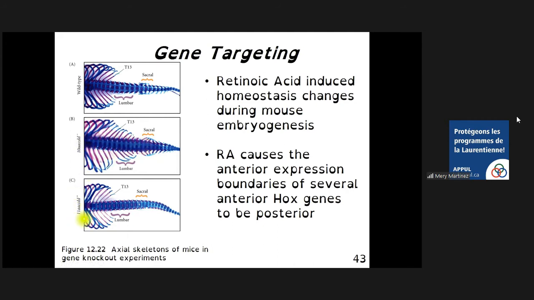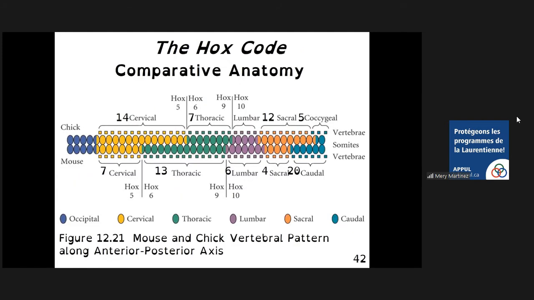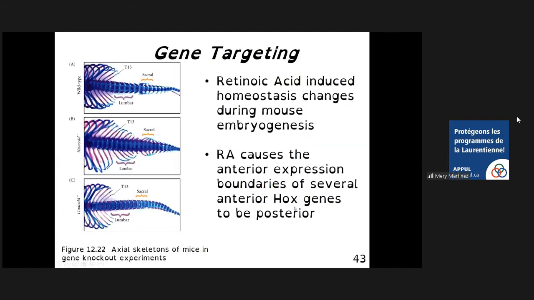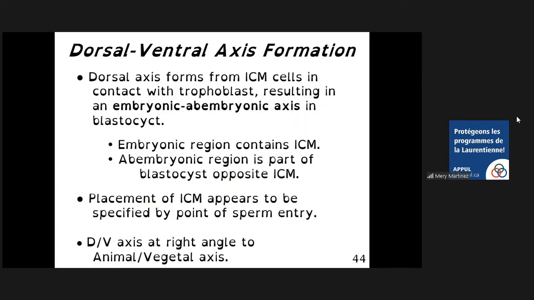In C, it's a complete knockout of the HOX11. If we come back, HOX11 is going to be somewhere over here, the expression, okay? So in this case, because we have a complete knockout of HOX11, paralogs transform the sacral vertebra into copies of the lumbar vertebra. So we don't have them anymore, and then the whole transition occurs. So